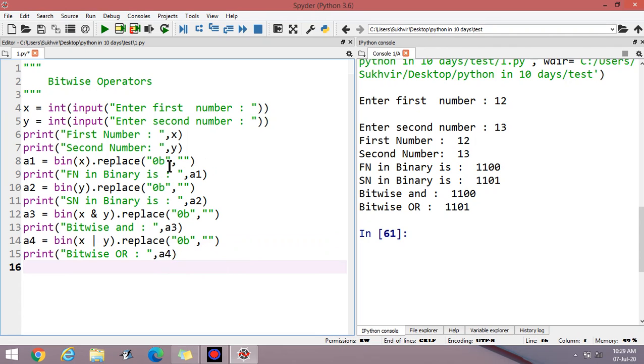First is conversion into binary, both the numbers into binary. Then bitwise AND and bitwise OR. Suppose I have to convert the number into decimal format.